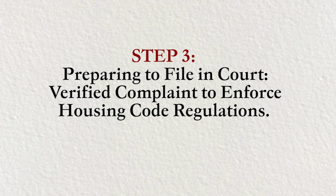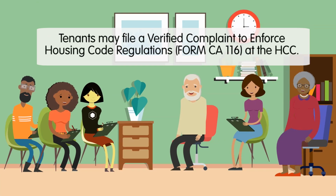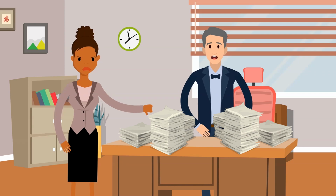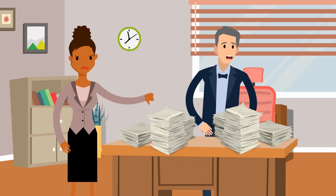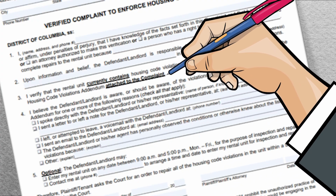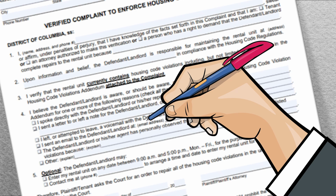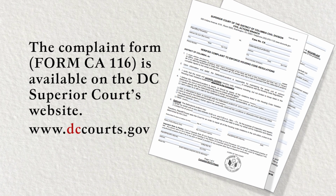Step 3. Preparing to file in court. Verified complaint to enforce housing code regulations. Tenants may file a verified complaint to enforce housing code regulations, Form CA-116, at the HCC. This complaint is a request that the court enter an order requiring the landlord to repair the tenant's rental unit. Type or clearly print, in black ink, the required information on the complaint. The complaint form, Form CA-116, is available on the DC Superior Court's website,